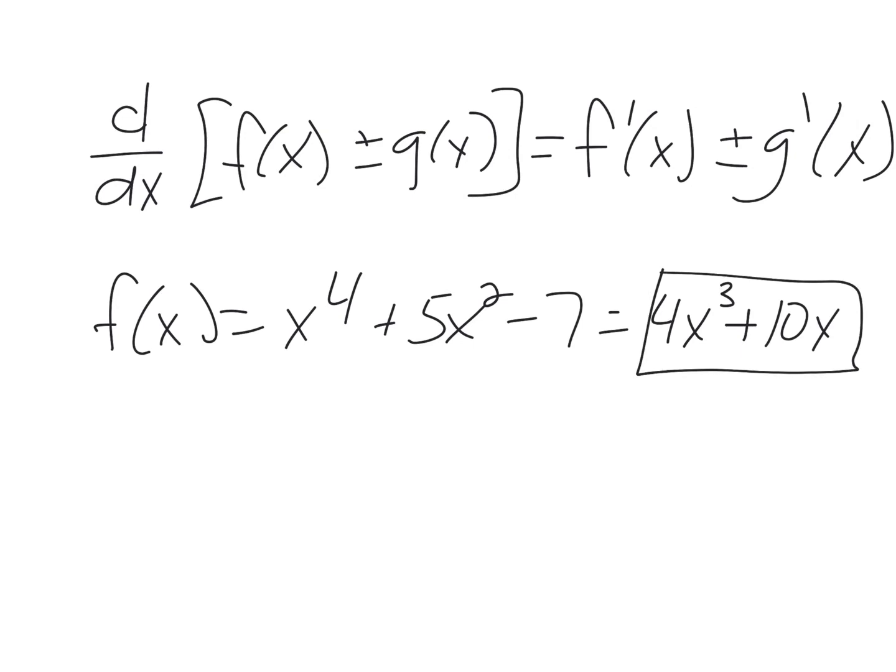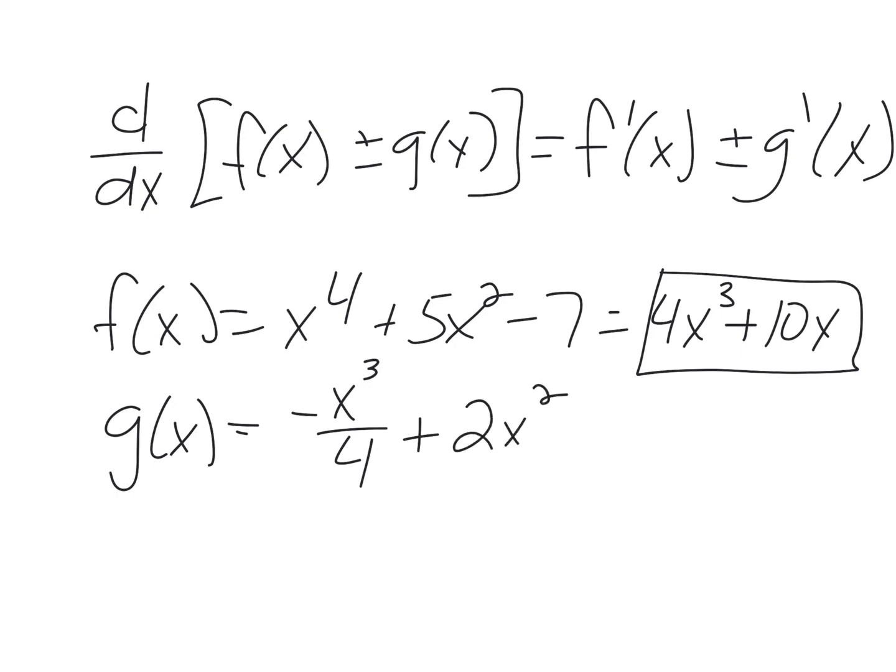Now let's do one more. Let's say we got, let's do some with fractions. We all like fractions, right? Of course you do, yes. So we got negative x to the third over, let's give you 4, plus 2x squared minus 5x. So we bring the 3 down